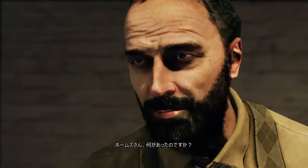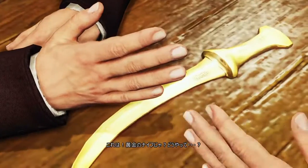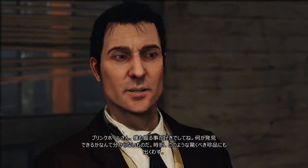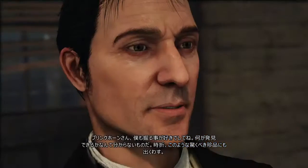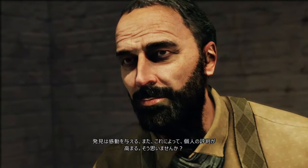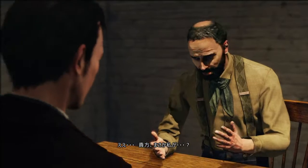Mr. Holmes, what happened? This. Is that the golden knife? How? I also like to dig, you see, Mr. Blinkhorn. One never knows what one might find. Occasionally, remarkable rarities, such as this. The thrill of the discovery, and one's own enhanced reputation. Wouldn't you agree? Well, are you suggesting that...